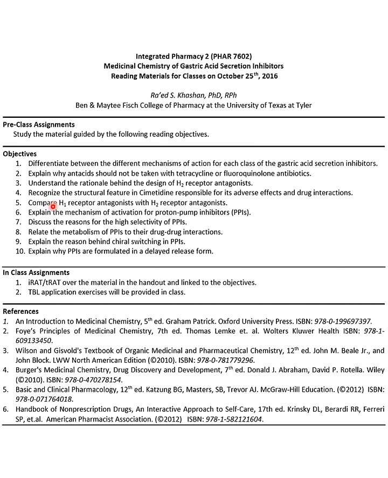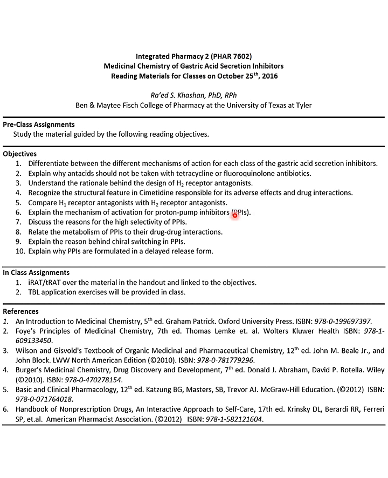And then be able to compare the H1 receptor antagonist and H2 antagonist structurally and pharmacologically, and how the difference in structure affects their activity and their side effects. And then explain the mechanism of activation for the proton pump inhibitor. I do not expect you to memorize or write structures or the mechanism of activation reactions, but just to get a general idea,